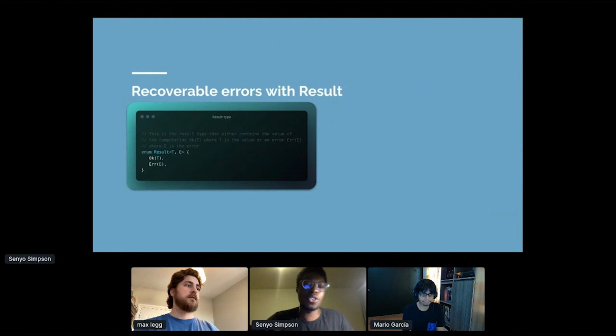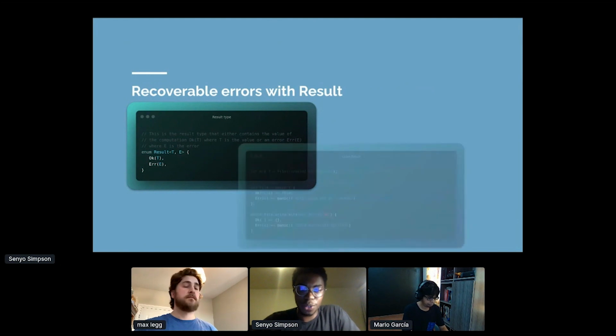Let's say we have a result that has a string or an IO error. If we need to use that value, we have to unwrap it to get the value inside. If it's successful, we get the string. If there's an error, then we have to handle the error. And this is nice because it prompts us to handle our errors and enforces that through the type system.